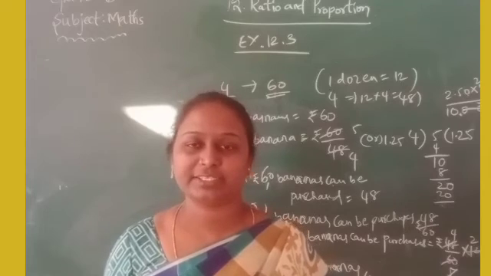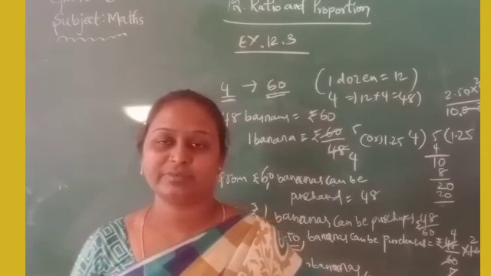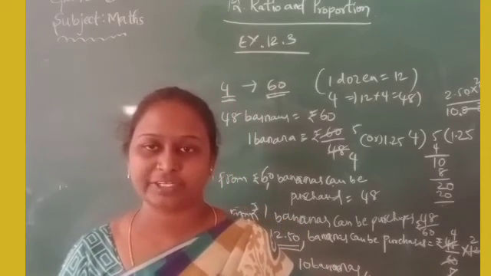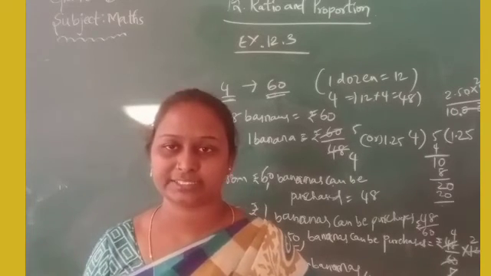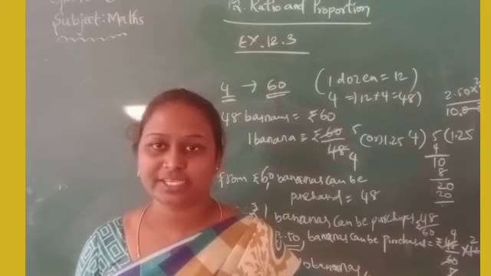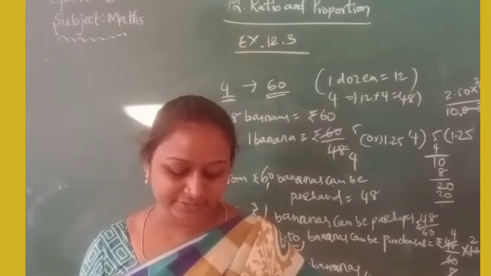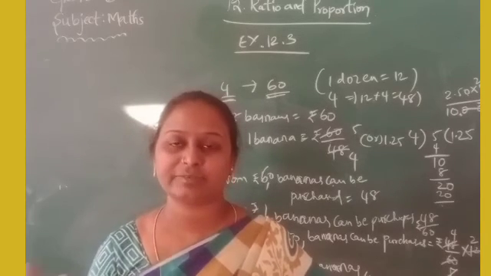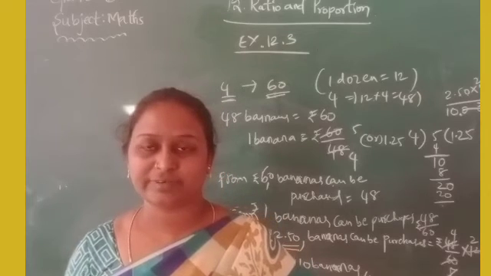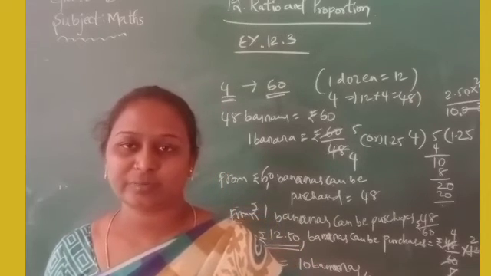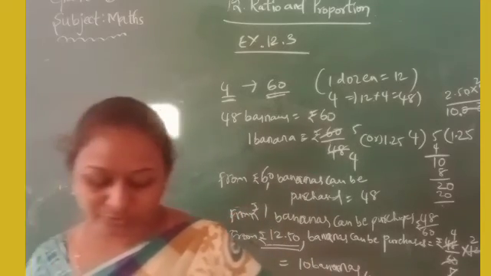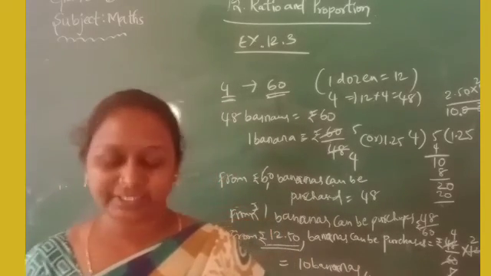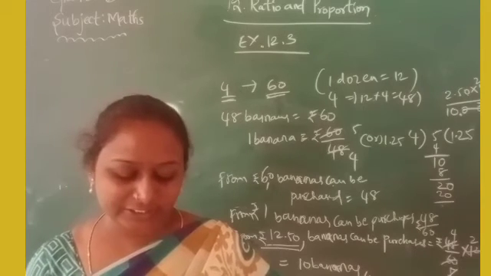Same. First find the quantity of 1 unit, the value of 1 unit. That means 1 kilometer, how many liters of diesel does it take? Then after that, what is required? 1650 kilometers. To cover that, how many liters of diesel will the truck take? Same procedure, this one also you have to do. Okay? Very easy.